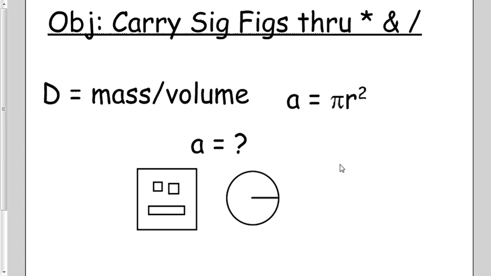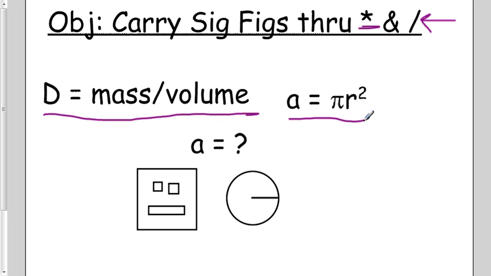The purpose of this video is for you to be able to carry sig figs through multiplication and division problems. I know it doesn't say multiplication or division, but that's the symbol that I'm using for multiplication, and that's the symbol that I'm using for division. You would use this rule, or follow this rule, hopefully, whenever you divide, let's say you were calculating density, mass divided by volume, or when you multiply,